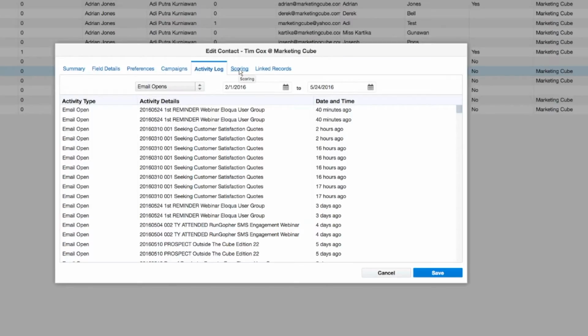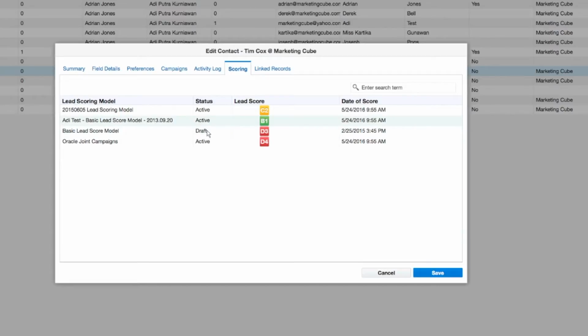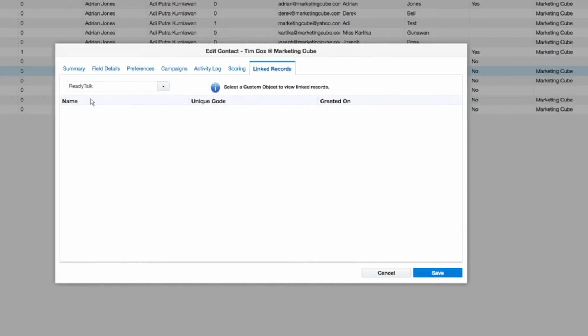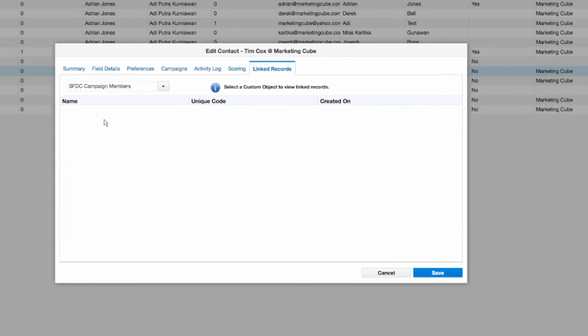actual contact is doing. Last one, or the second last one, we have scoring. So you'll see both active and inactive scoring models are displayed, so you can access those and see what's going on. And at linked records, ReadyTalk is one that we use. And so here you can see there's a range of different pieces of information that you've got available. So you can see we've done some testing, etc. But whatever it is that you've got there, whether it be Salesforce.com information,